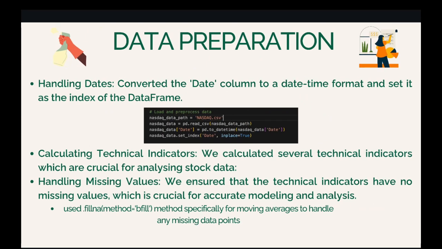Coming to data preparation, firstly we had to handle the dates. We converted the date column to a datetime format and set it as the index of the data frame. You can see it in the snippet below. Then we calculated various technical indicators such as a simple moving average, exponential moving average, and MACD, which we'll explain later on. We also had to handle missing values, and we had to ensure the technical indicators had no missing values. We use the function given below, specifically for moving averages, to handle any missing